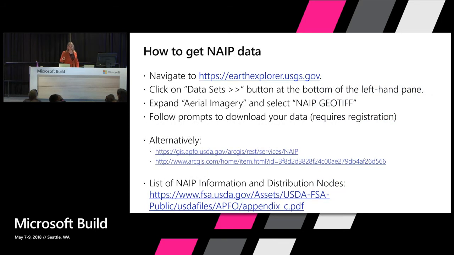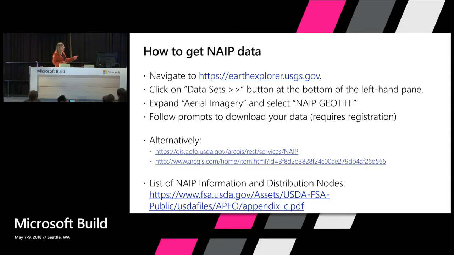So if you want to get NAIP imagery, it's actually available in an abundance of places. The link on the bottom is probably going to be the most useful to you. That is a list of distribution nodes where you can get NAIP data. I included that because it was the best one where you can find a whole bunch of options. So it's all over the place. You can get it through Esri software. There's another option, and that's what I used, the one on top,